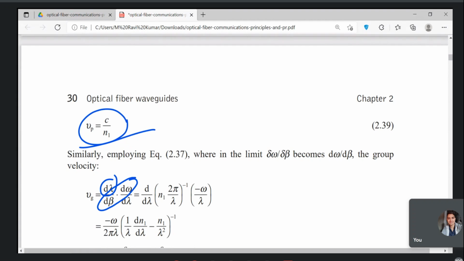So that's how we have this phase velocity, and the group velocity is given by d omega by d beta. In order to exactly find out what would be the group velocity, this component d lambda is introduced. Okay, and by introducing this,